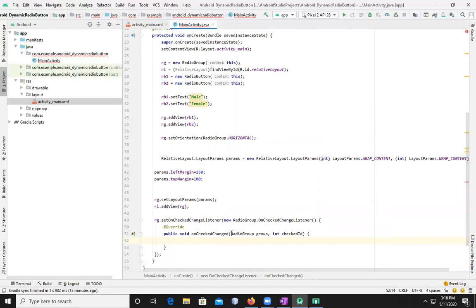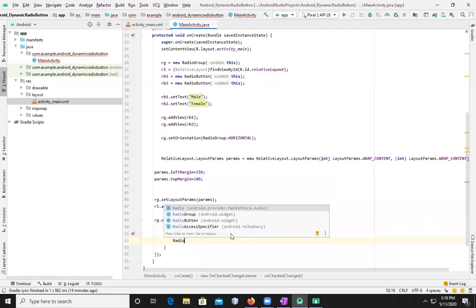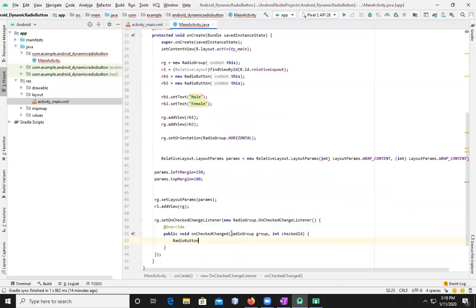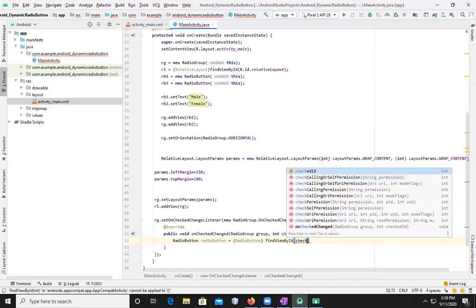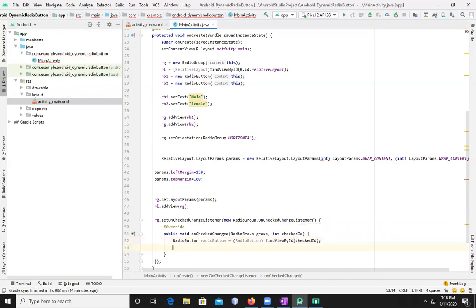At override public void onCheckedChanged. Oh, sorry, our radio override is there. So I'm going to add a radio button variable: RadioButton radioButton equals findViewById, and I will say checkedId. That's it. And Toast